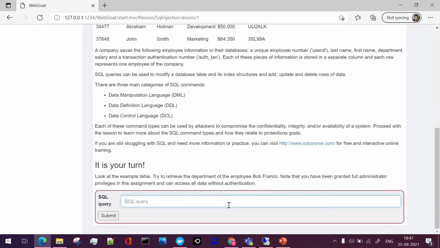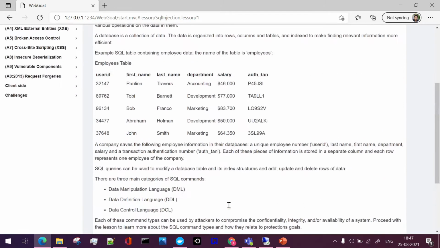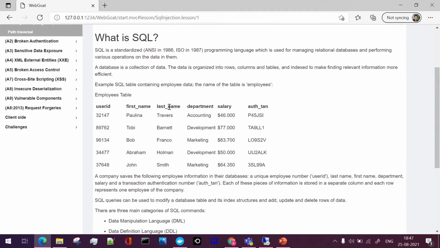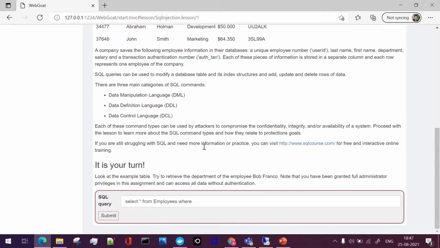Obviously we will use a normal query, that is select star from the table name, which is employees. I'll just pick this, employees where my last name is Franco.